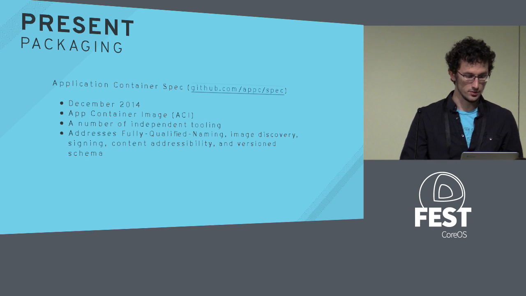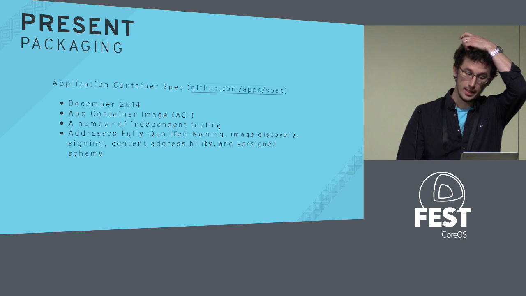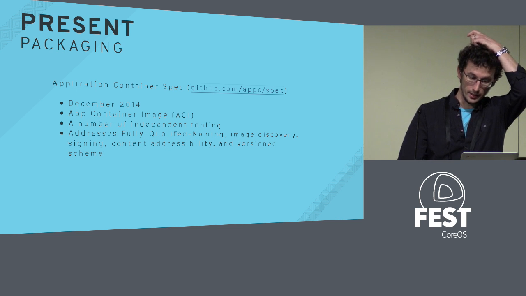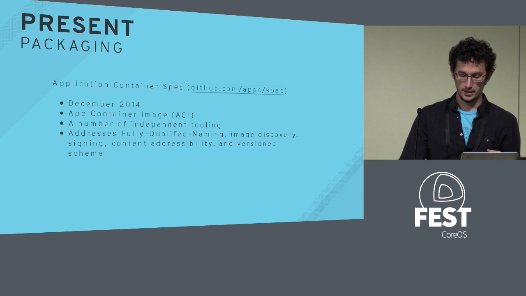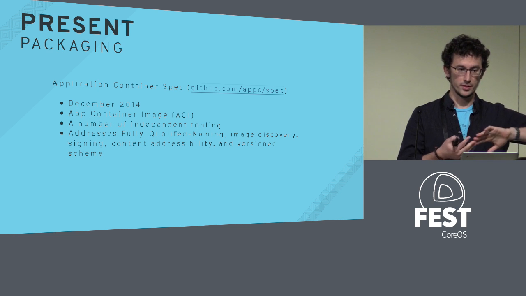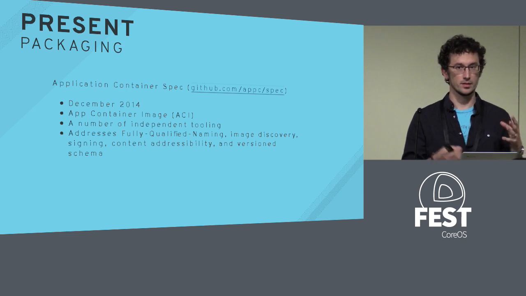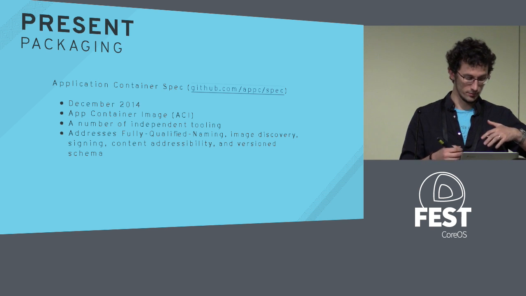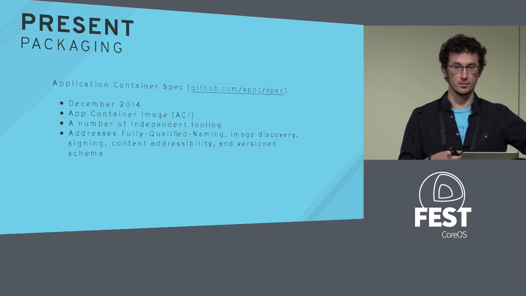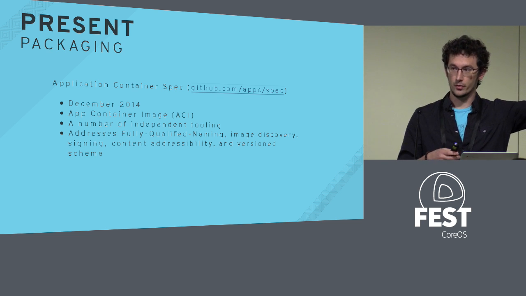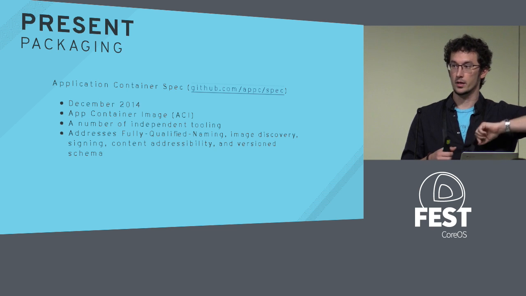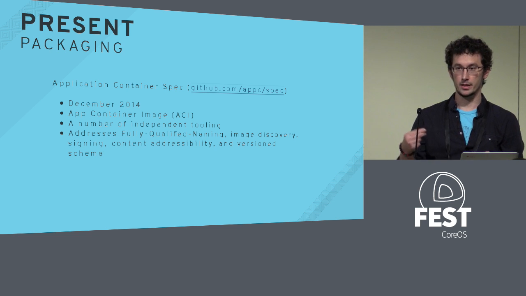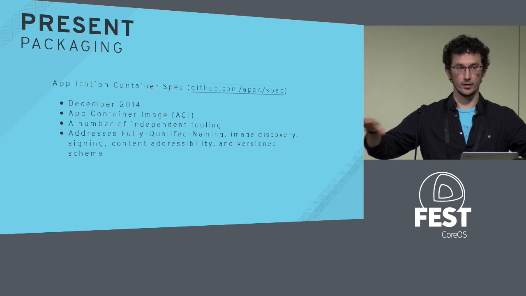The Application Container spec, we've already touched on a few pieces of this, but this is talking about the ACI image format. ACIs are much more detached from any given registry. It is a tarball that includes the container configurations as well as the root file system, or references to other remote file systems if you need them. So when you are pulling down an ACI, it might have dependencies in it that are not contained in that container image itself. So it allows for more of a federated layout.